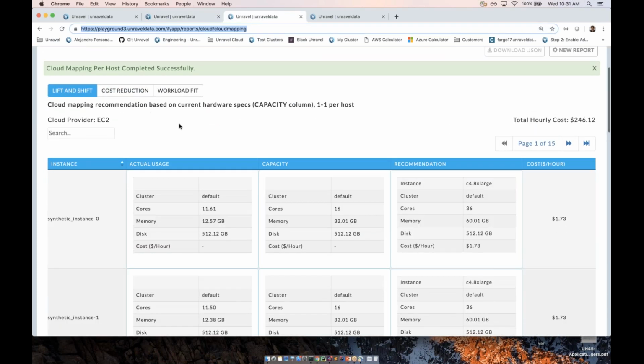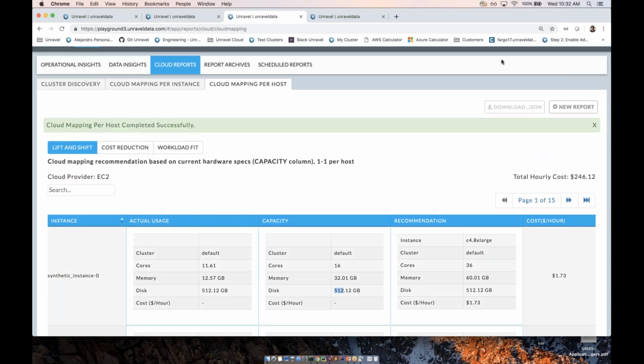Next, we have a migration strategy, so let's do a deep dive on this. The lift and shift strategy aims to use the amount of resources allocated for that host. So if this host has 16 cores and 32 GB of RAM and 512 GB of disk, when I run this report and I pick a cloud provider,